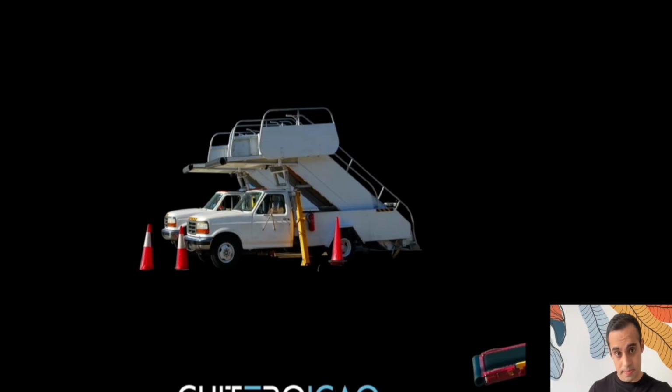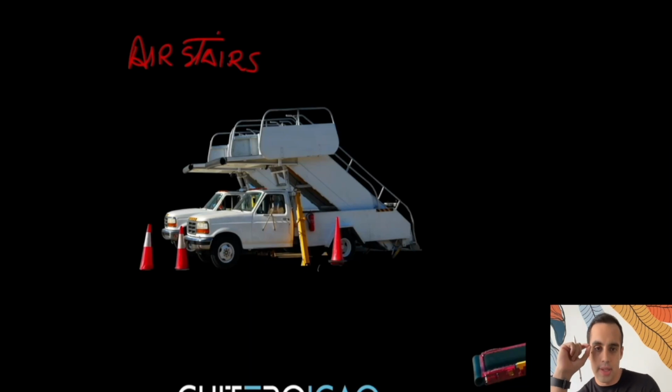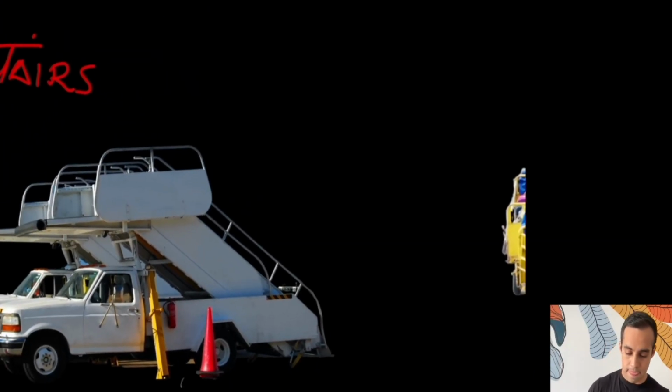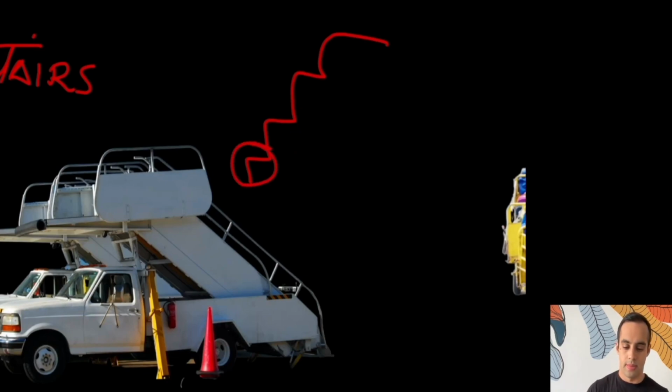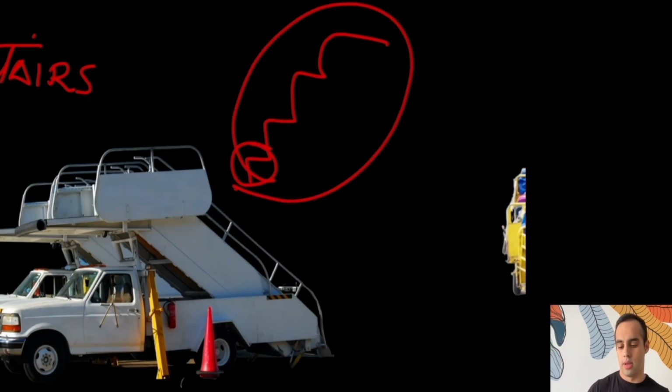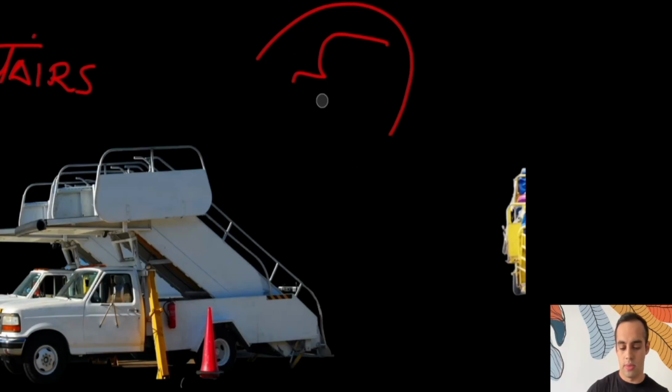What about this? Air stairs. Air stairs, perfect. Guys, just something here for your structure points. We don't have a singular stair. For example, I can't say I can see an air stair. No, I can see some air stairs. It's always plural. It can be one truck, but there are air stairs there. Because stairs, for example, I'm gonna draw. This is a stair. These are stairs. All right. So it's always gonna be a plural format for us.